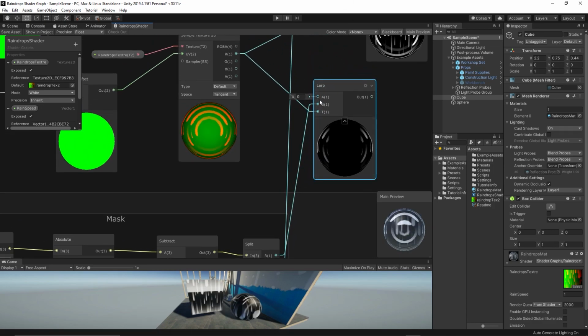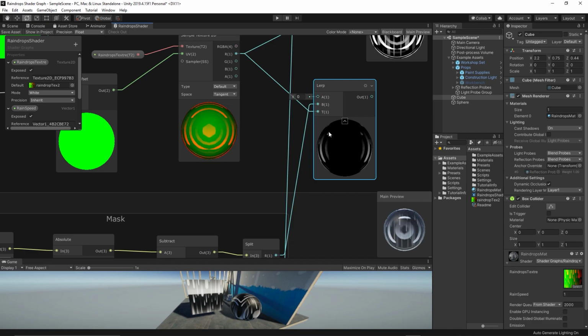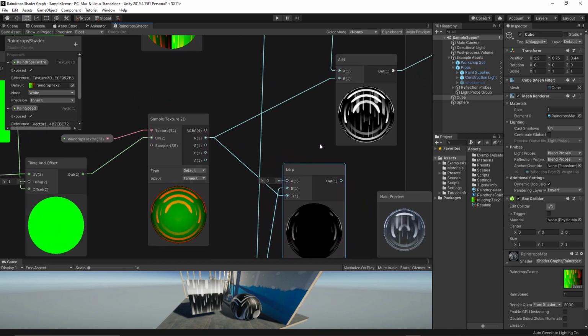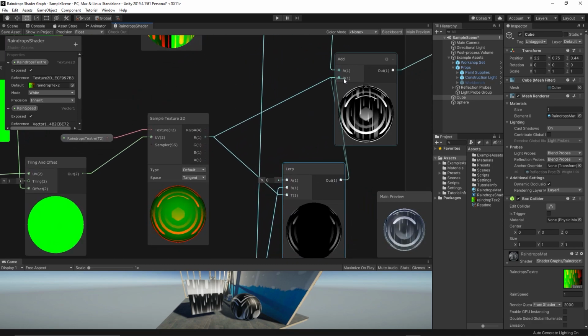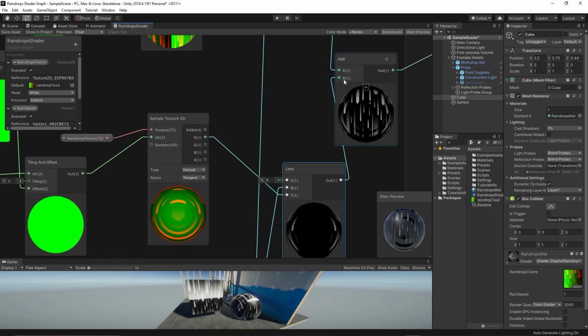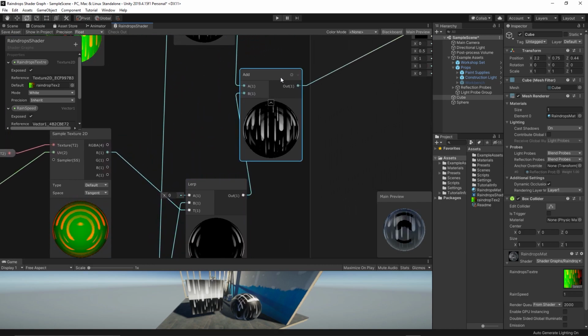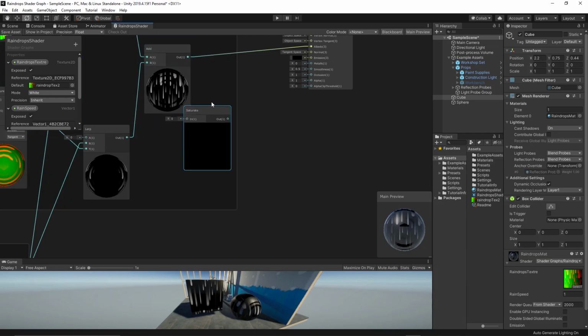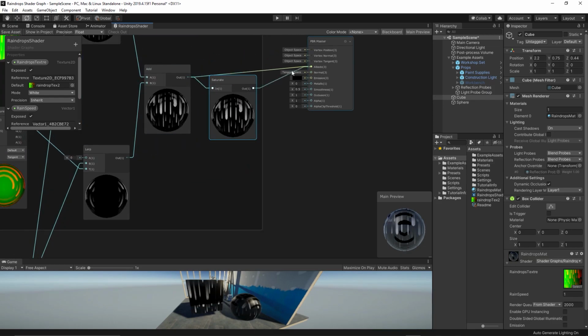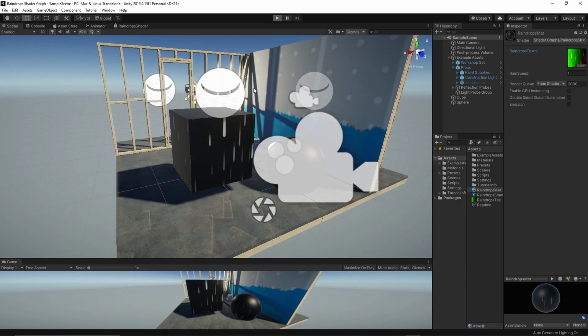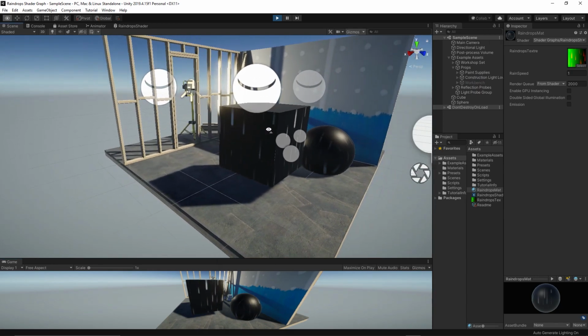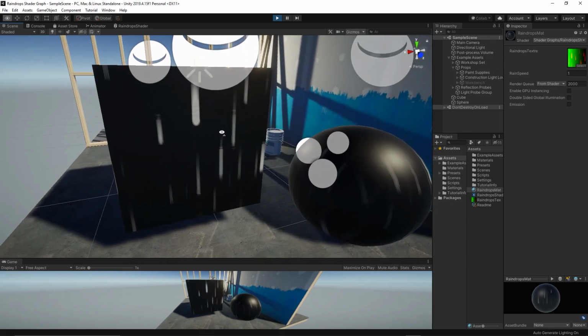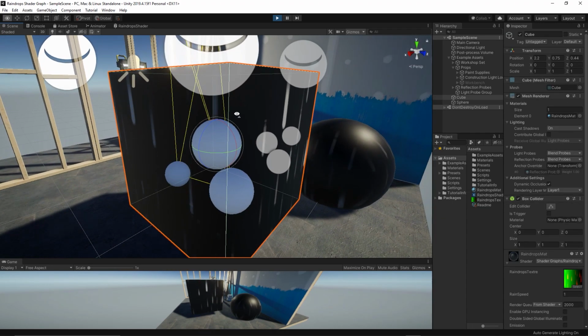After that, we add the results together using an add node. Then we saturate the results, because if we didn't saturate, we will get values above the 1 and below the 0, while we need only values between 0 and 1 for the textures. And now if we click play, we can see the raindrops falling perfectly on all the edges of the cube,